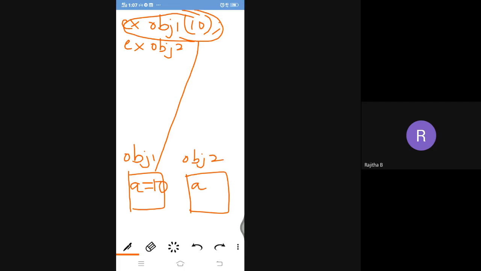Now I want to copy this 10 into the obj2's A data member. So how can we write the statement?